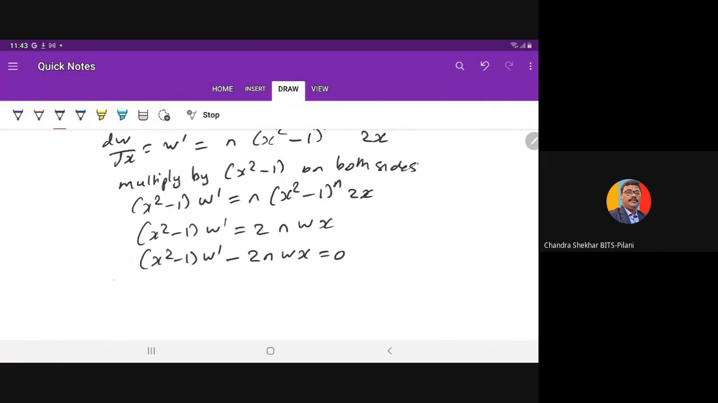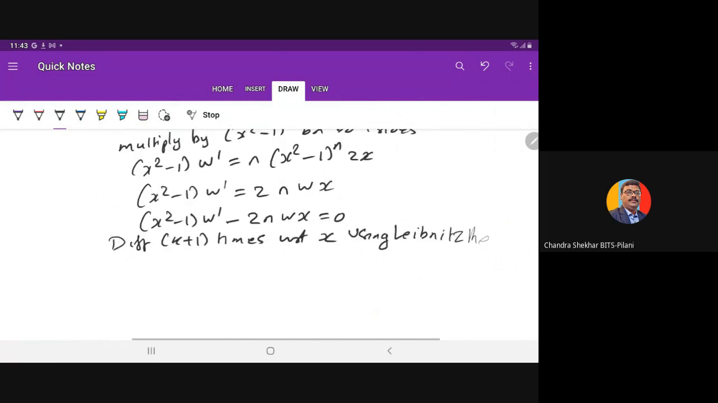Now differentiate k plus 1 times with respect to x. For this type of differentiation, we have to use the Leibniz theorem. What is the Leibniz theorem? Leibniz theorem states that